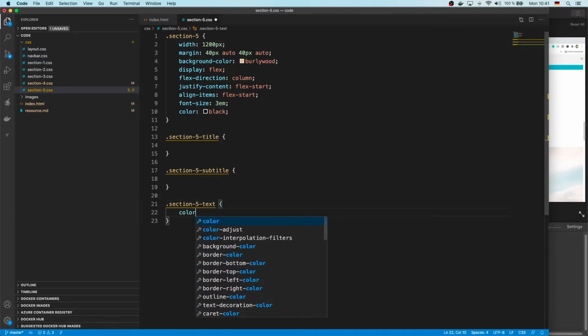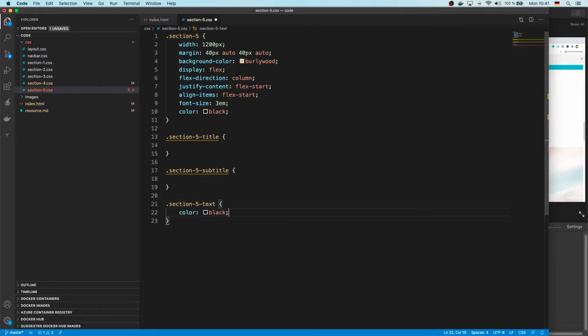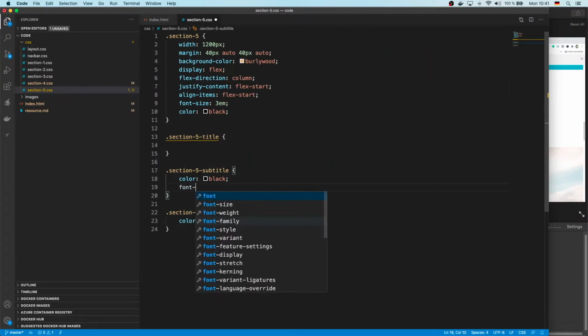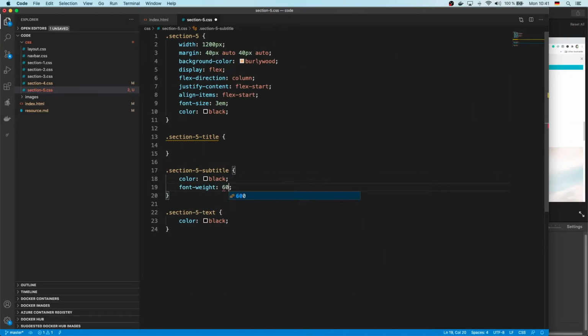Well, we know that this one's color is black, just like this one's going to be as well, but this is going to have a font weight of say 600, probably won't do anything for now, and let's have a font weight of lighter,